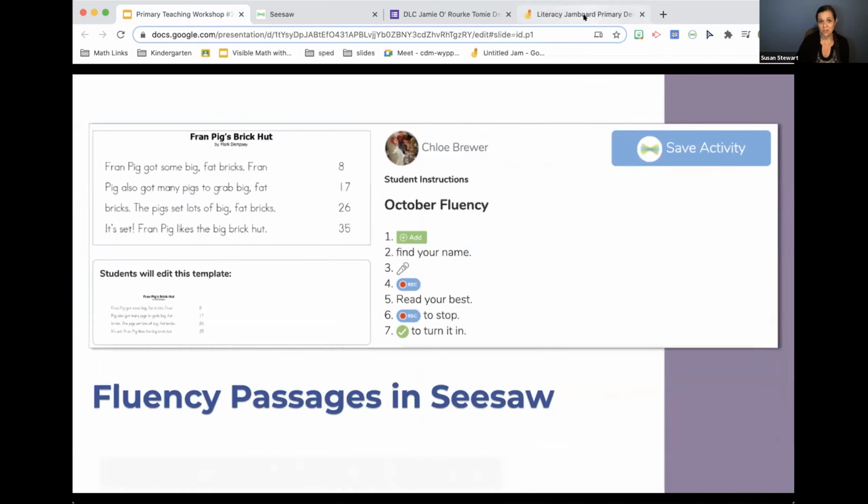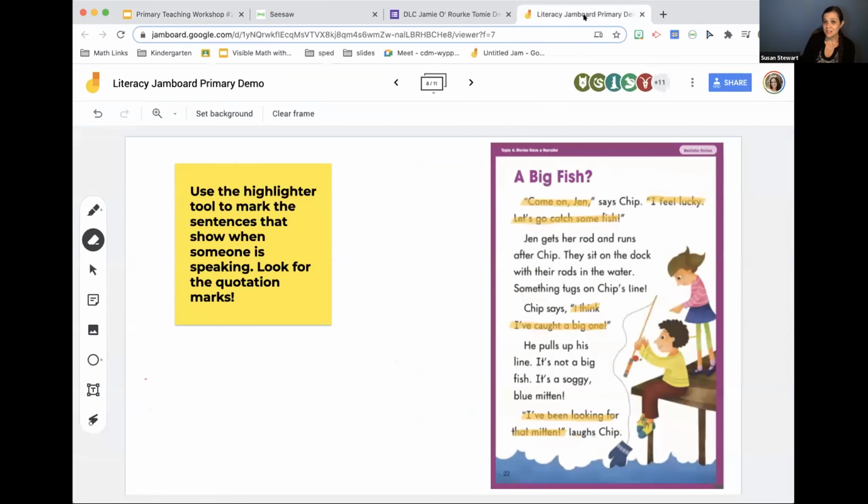Going back to that Jamboard and talking about fluency, we know that fluency is the ability to read text aloud with the right rate, the right speed, the right intonation. When we're talking about this example here, we have dialogue, and we want students to be able to acknowledge how punctuation affects how they read. That's part of fluency, is acknowledging how punctuation helps you read. So in this example here,